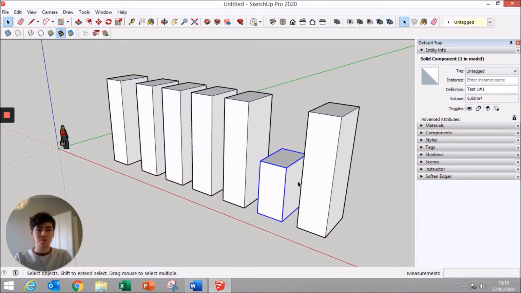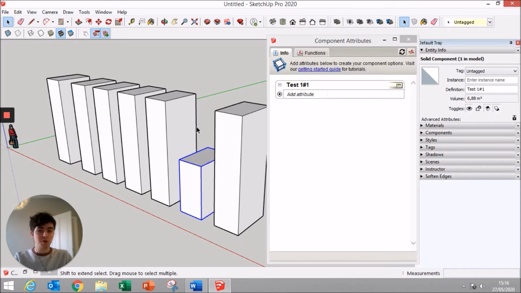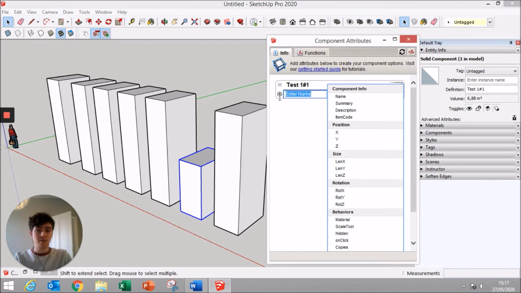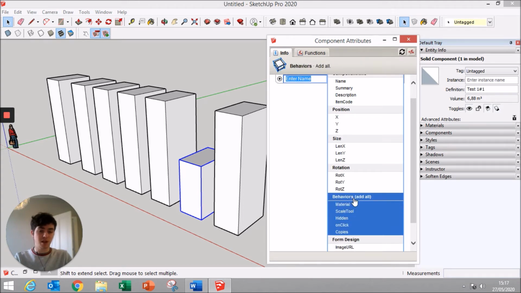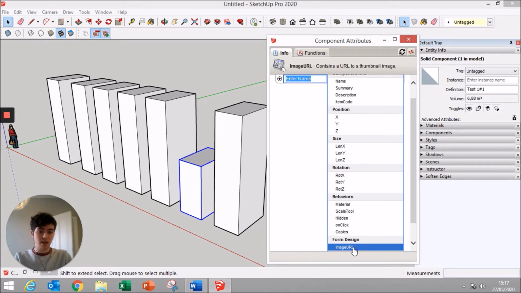Other benefits from using components is their capacity to have different attributes. So just by going in there within the component options or component attributes, these attributes of the components are dynamic attributes. So it means that they can be programmed and dictated by other properties of any of my entities within SketchUp. Let's just start by clicking the plus button in there, and you'll see that you can have a name, description, summary, as well as the position, the size, the rotation, the different behaviors, or any custom tool that